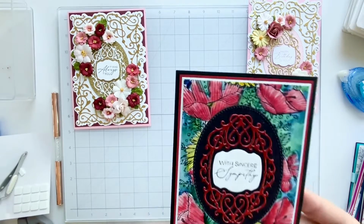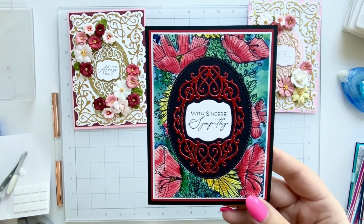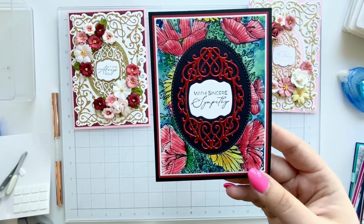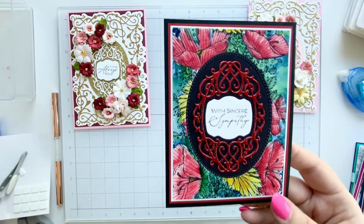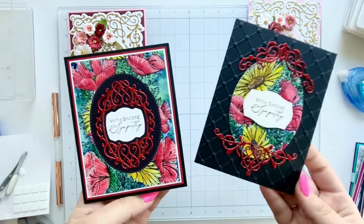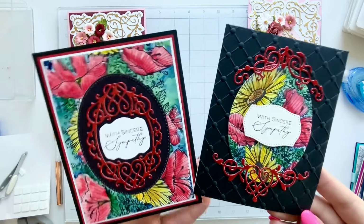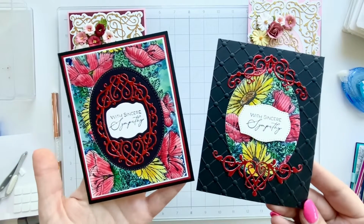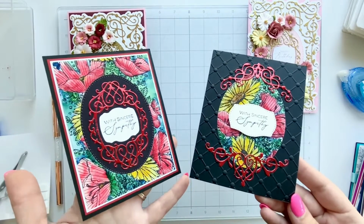So this one was a butter press plate in the background. That is one of the bigger butter press plates, and I cut it down and I did kind of like what I call a sloppy watercolor because I was just playing around with my watercolors and I ended up not liking it at all. And instead of getting rid of it, I decided to have it kind of be pieced out. So I took the center of that and used it on this card and then made two different cards. I think that I love the way that I was able to save the paper, if you will, and save the press and the time I spent on it, but it was kind of a challenge,